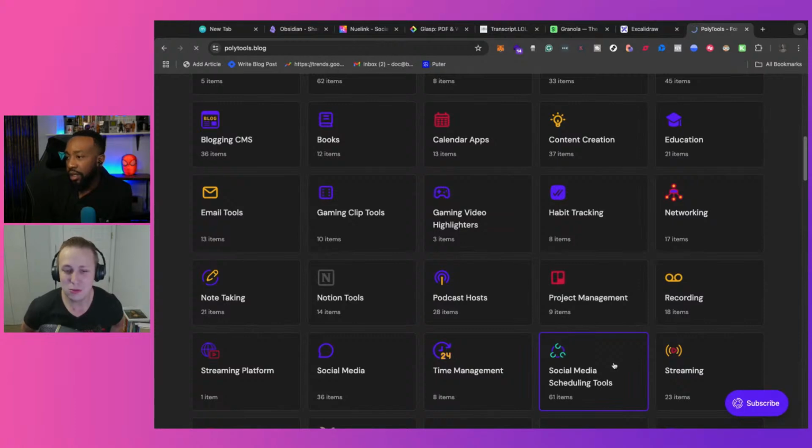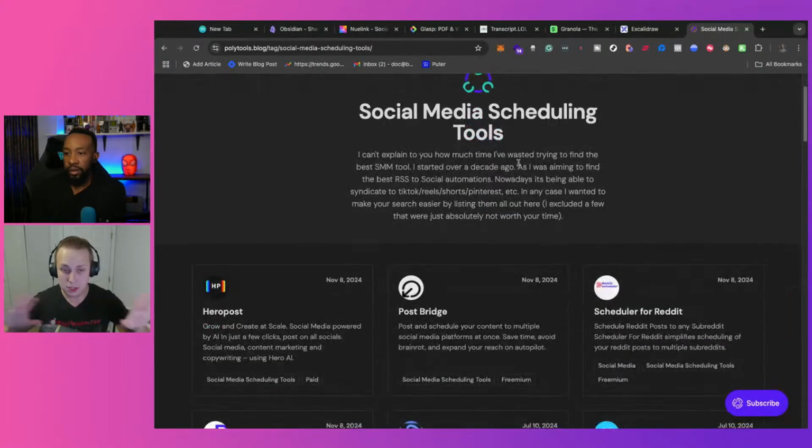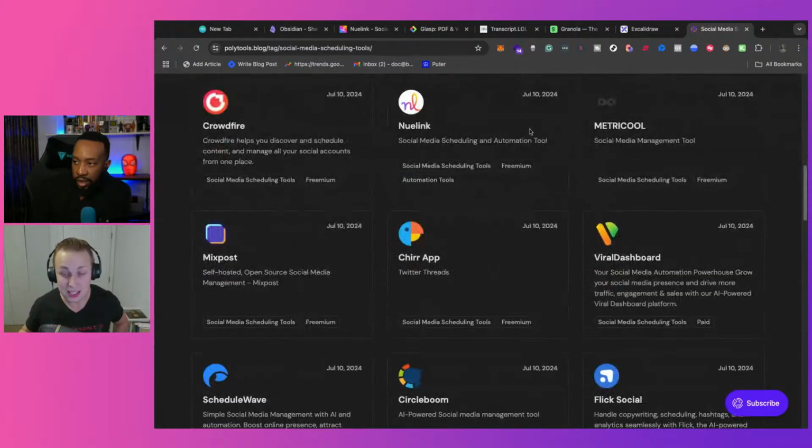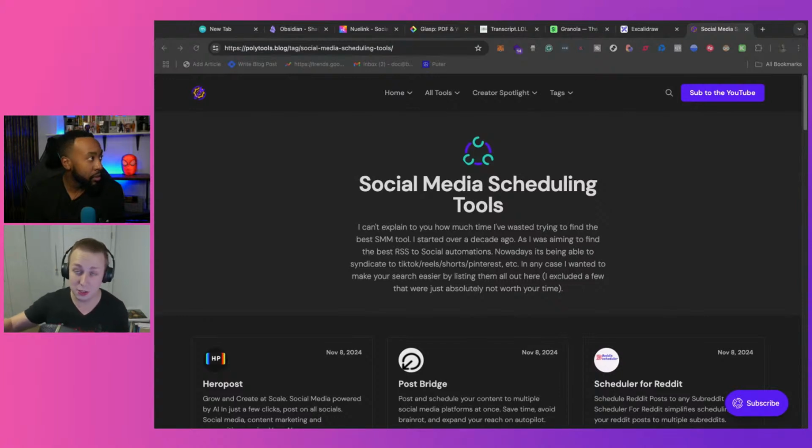Here. There we go. Social media tools are more like analytics and stuff like that, whereas these are purely scheduling for the most part. Now, I want to point out on this list, I only have about 65 out of the 100-ish tools that are on the market. The reason why is that some of them are basically dead in the water. They're not having any updates. They're not doing anything useful. If anything, they might even be dead. They don't even work anymore.